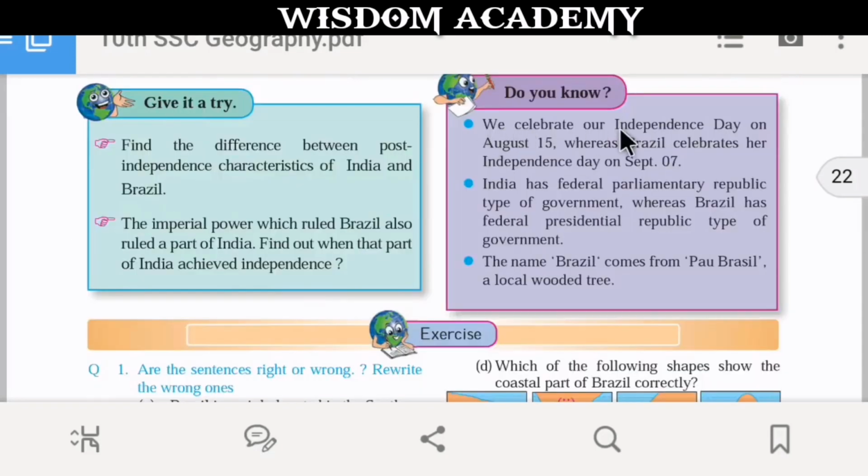See, we have celebrated our independence on 15th August, whereas Brazil celebrated its independence on September 7. So India got independence on 15th August 1947. So 15th August is celebrated as Independence Day. In Brazil, September 7th is celebrated as Independence Day. India has federal parliamentary republic type of government. Federal parliamentary republic means